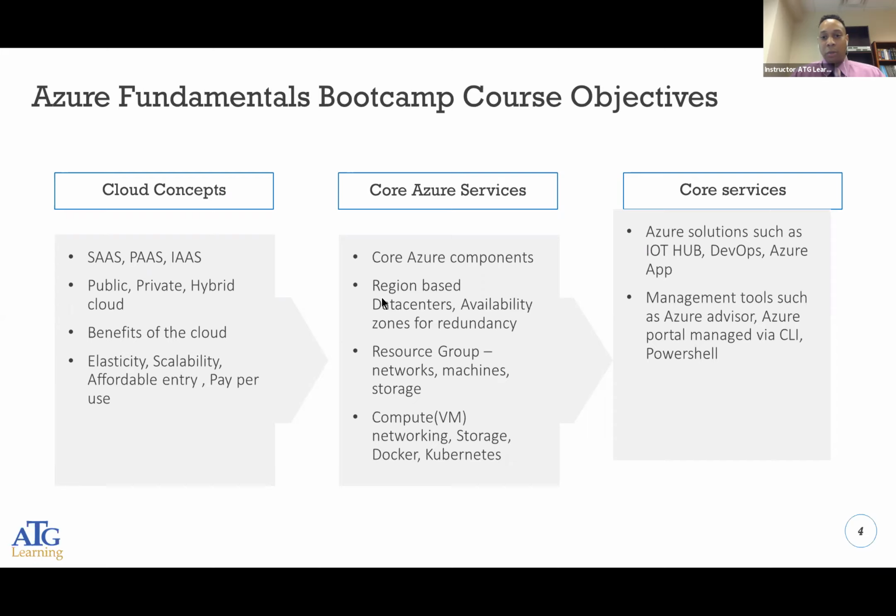Resource groups. Well, resource groups is just another way to say, how can I manage all of my equipment? What you're going to do is create a group of all the resources. Resources in your organization could be anything from networks, switches and routers, machines, specifically virtual machines, to storage, where your data is going to be stored.